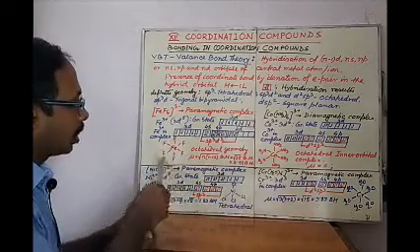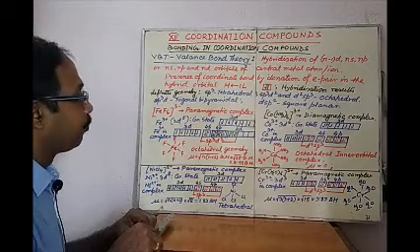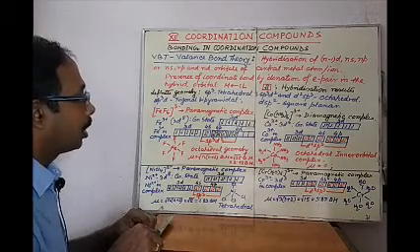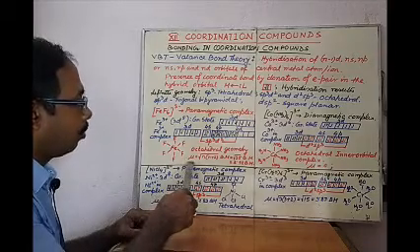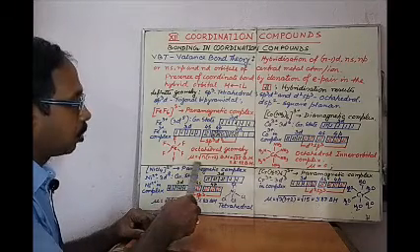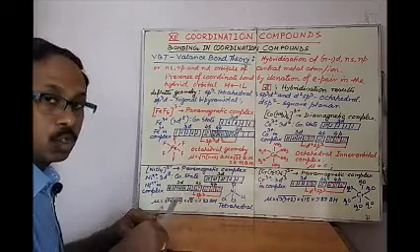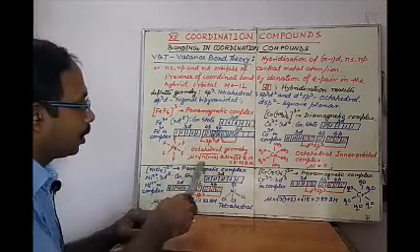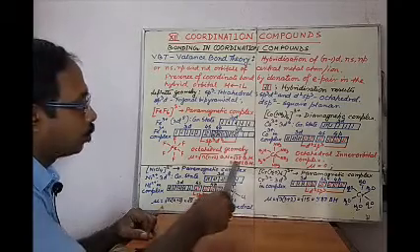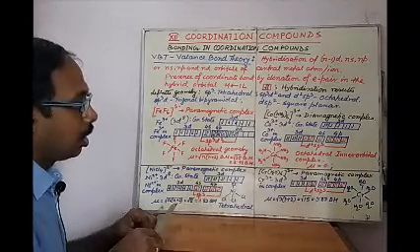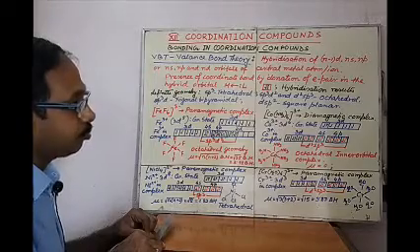So this complex has an octahedral shape, and from here we can also calculate the magnetic moment by using this formula. Mu is the magnetic moment, which equals √(n(n+2)). Since there are 5 unpaired electrons, the value of the magnetic moment comes as √35, that is 5.92 Bohr magneton.